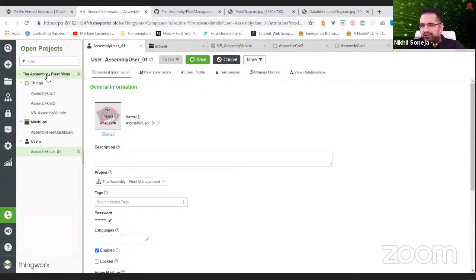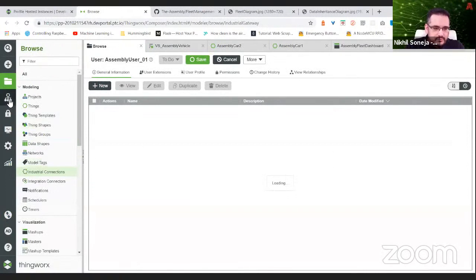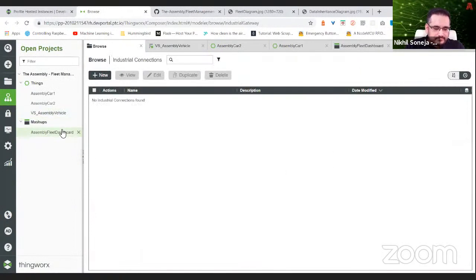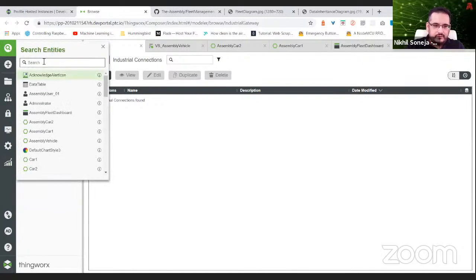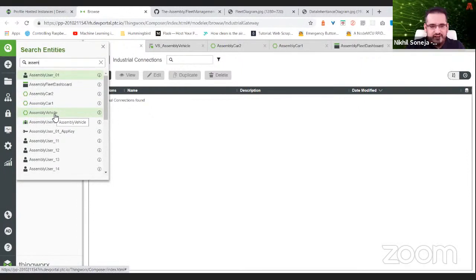So just to quickly recap then on the objects that we created, our template was the first most important one, and we have that under assembly car. Okay, I don't need assembly user one. Sorry, I'm just going to go back to my projects. Let me just open up. Oh, I should just open it up from here. So all the things that you've created on here will be over there. So assembly vehicle